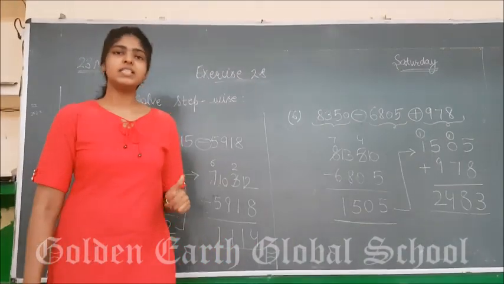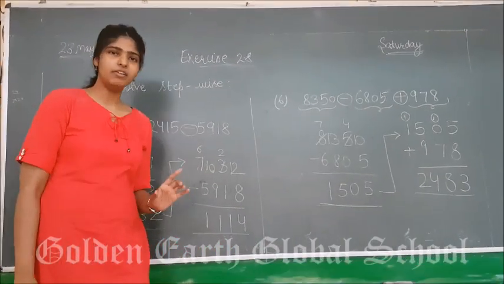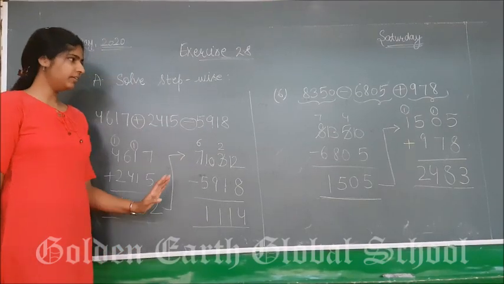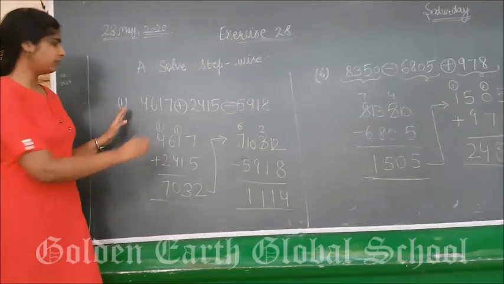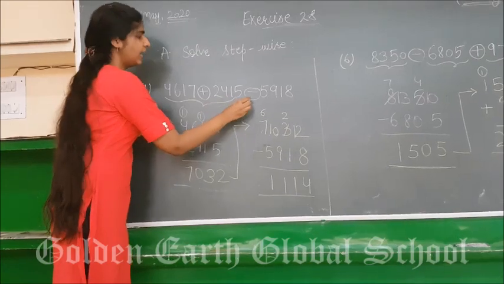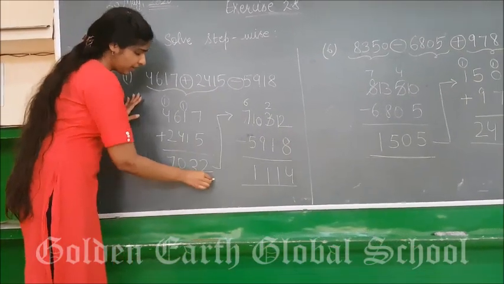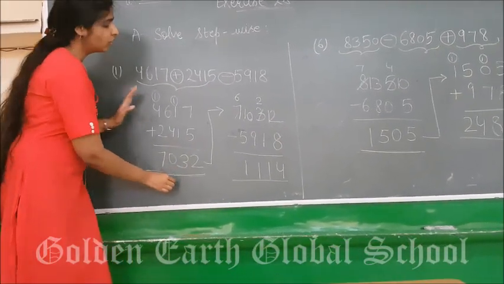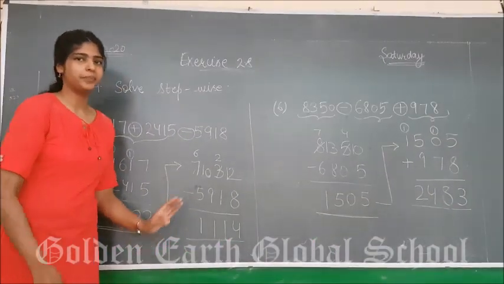I solved two questions on the board. The rest questions you have to solve by yourself for practice. Clear everyone? The first sign that we will use in the first numbers and the last sign जो हमारे पास first two numbers का result आएगा उसके बाद हमने second sign use करना है. Clear?